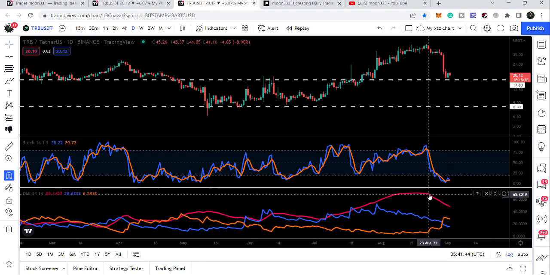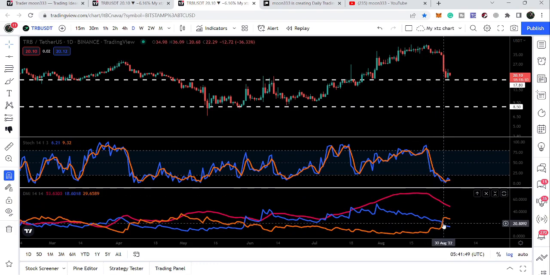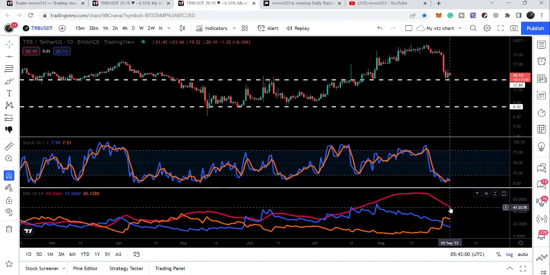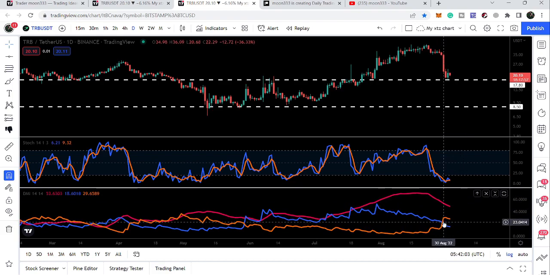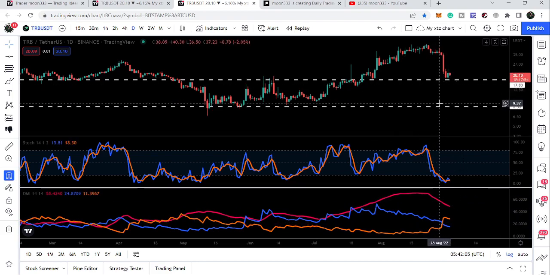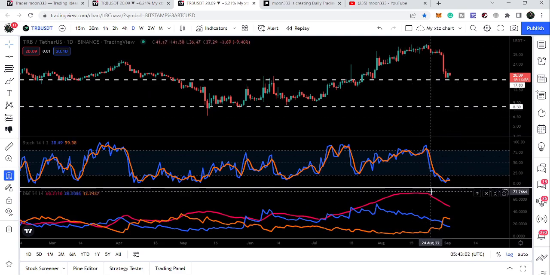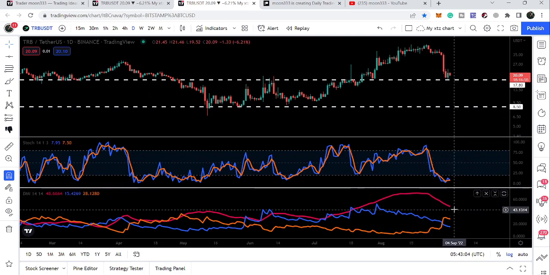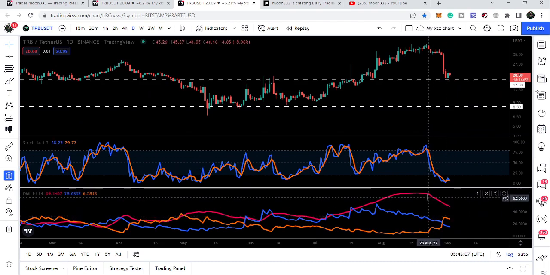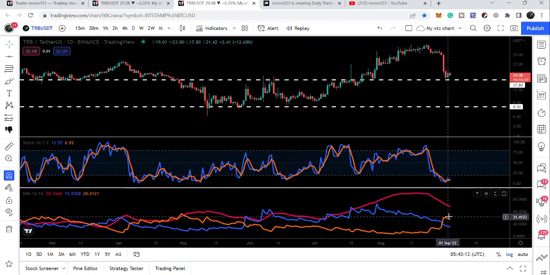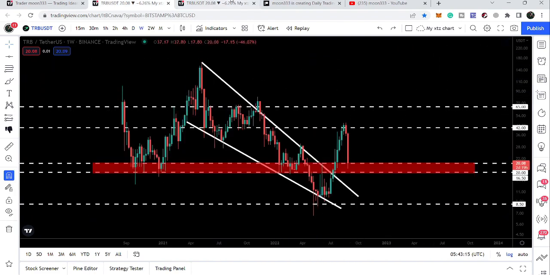That is showing that the power of bears is getting over now, and soon we can have another cross between the blue line and the orange line. But it is also possible that the orange line will remain above the blue line, ADX will again move up, and we will have another sell-off, and the price line drops to the next support. But for now, we are receiving a signal from this ADX moving aggressively down. It is showing that the bears are getting exhausted, and there is a probability that we may have another cross between the blue line and the orange line. So the next few days or hours can be very important.